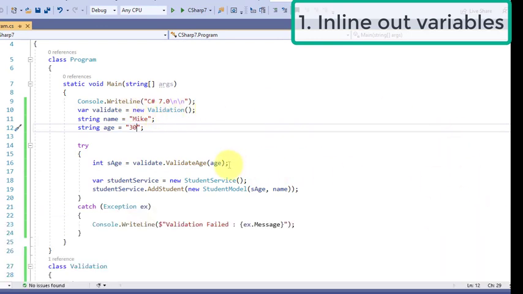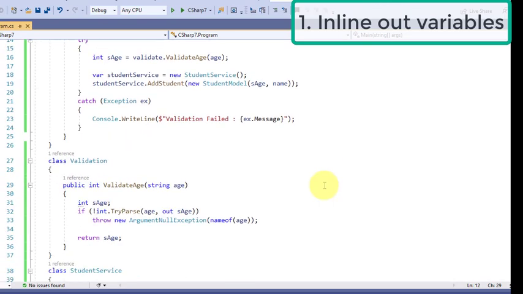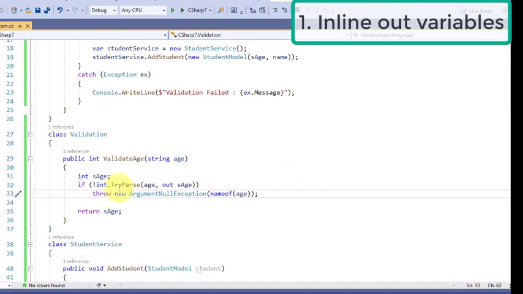This code is written in the old way, and we are going to use all C# 7.0 features to update this code into the new version. So the first one is inline out variable. You can see the old way: we are converting the string age to integer using try parse. So instead of writing like this,